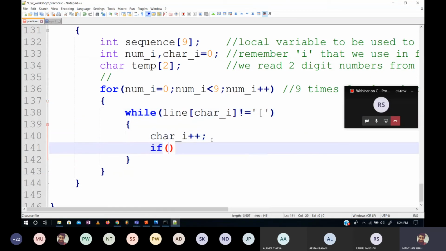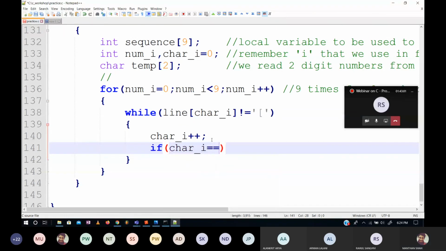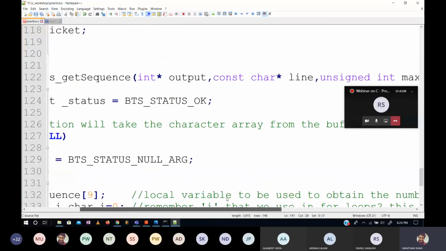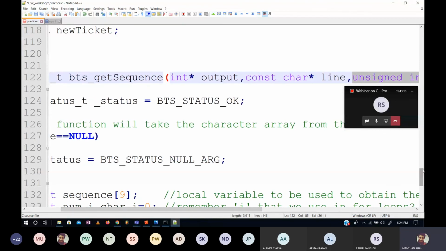So उसके लिए हम एक simple if लिखेंगे कि अगर char underscore I is greater than or equal to, and इसमें if you guys realize कि मैंने initially एक यहाँ पे unsigned int max buffer size दिया हुआ है, हम लोग वो डाल देंगे इसमें.